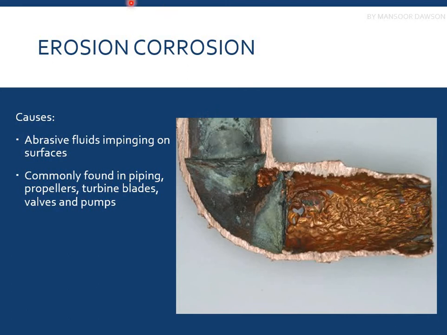So there are two types of effects in this. One is the chemical effect, the chemical degradation, which is corrosion, that is done from the abrasive fluids or any fluid which may act as a corrosion medium, and the abrasive particles, which may tear out or wear out the internal surface of your pipes. So it has a combined physical and chemical effect on your part.